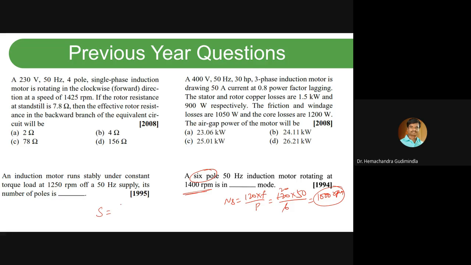S is equal to ns minus nr by ns, right? So now 1000 minus 1400 by 1000. Slip, how much will we get? Minus 400 by 1000, that is minus 0.4. Whenever the slip is negative, the machine is working under generating mode,